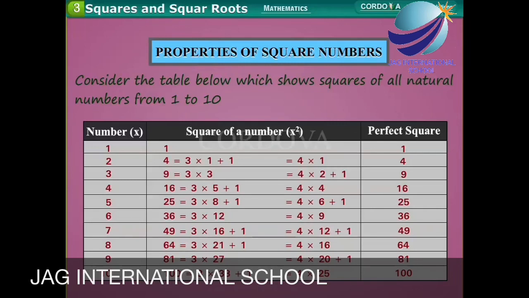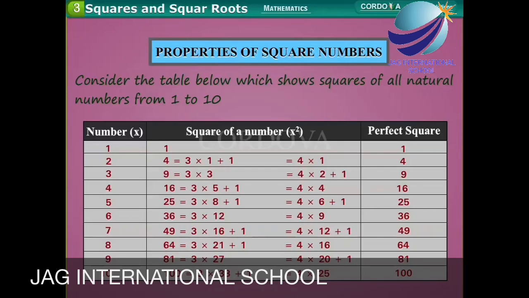Perfect square: 1. 4 is equal to 3 into 1 plus 1, which is equal to 4 into 1. 4. 9 is equal to 3 into 3, which is equal to 4 into 2 plus 1, 9. 16 is equal to 3 into 5 plus 1, which is equal to 4 into 4, 16. 25 is equal to 3 into 8 plus 1, which is equal to 4 into 6 plus 1,